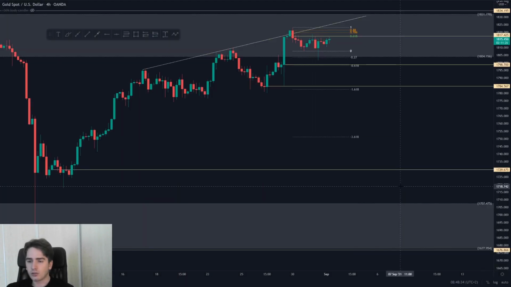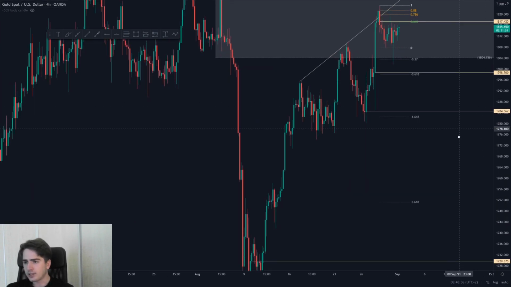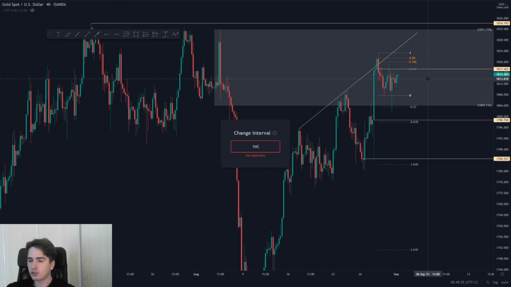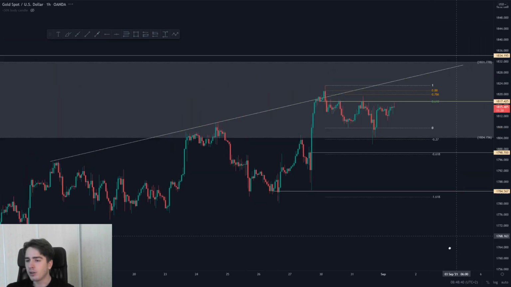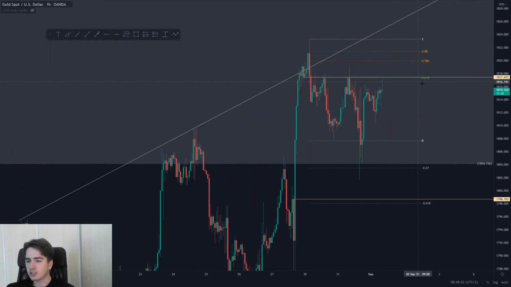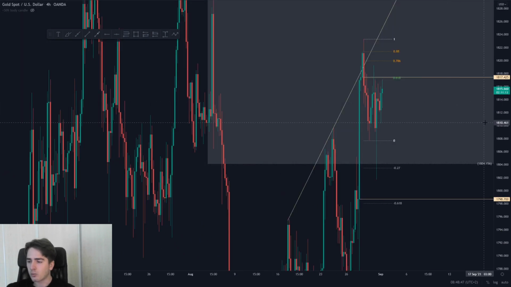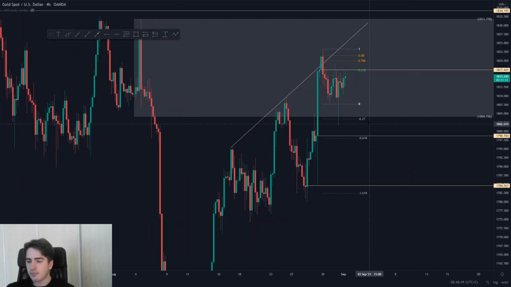And gold, guys, gold did exactly what I wanted. As we can see, first of all, we got that beautiful short on the 1-hour time frame, which I mentioned yesterday, from the 618 and from that level, which I pointed out yesterday. So looking at the 4-hour once again, as we can see, the -27 fib level got tapped to perfection. Sadly, we didn't move a little bit lower in towards that -618 and in towards my potential buying level at 1798. But yeah, you can't have everything in life, of course.